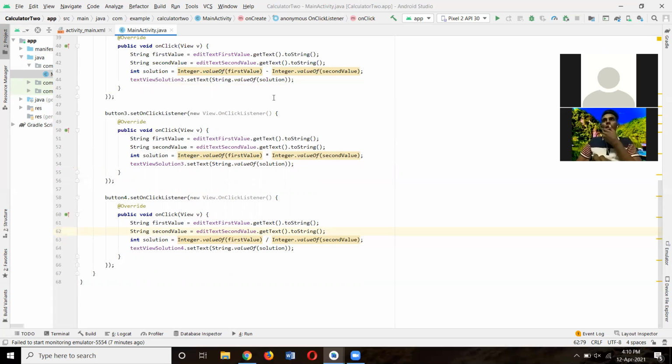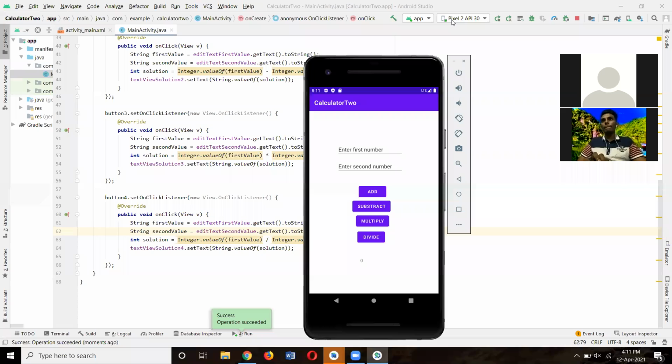Okay, now we are going to run this program. This is the output for Calculator 2, which is the last project.